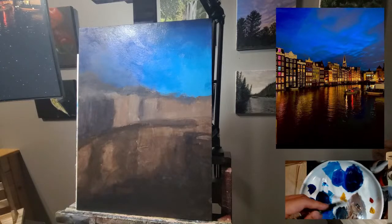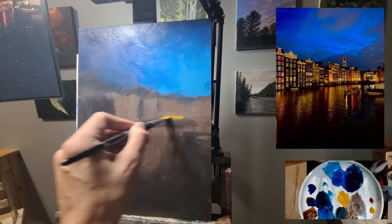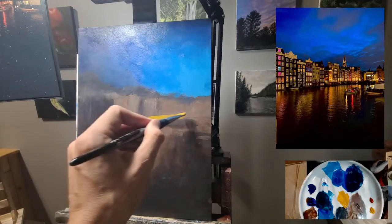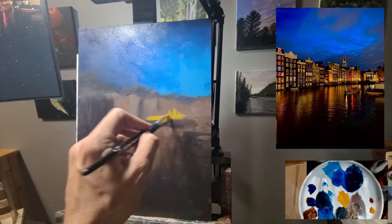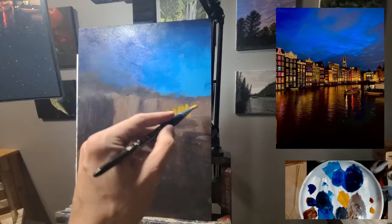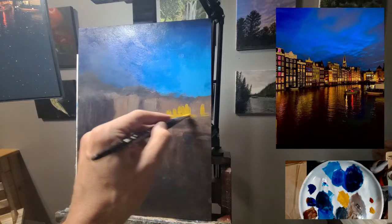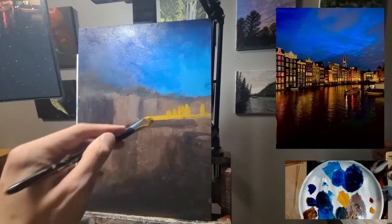Okay, now I'm going to start introducing some color. Again, I want to put in my lightest parts. So I am just going to put in, again, just some values, some big